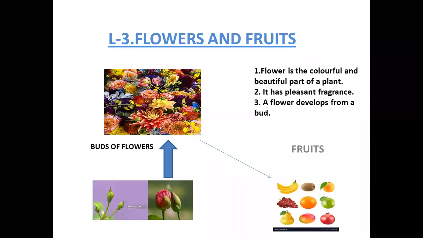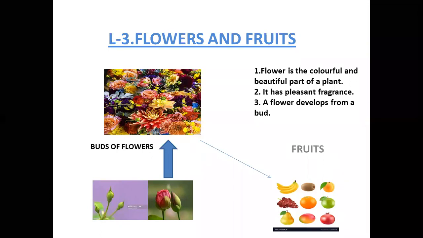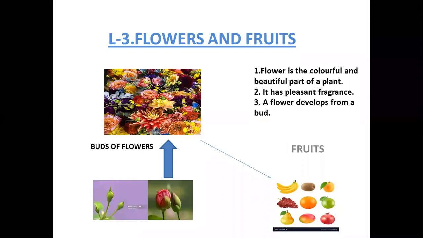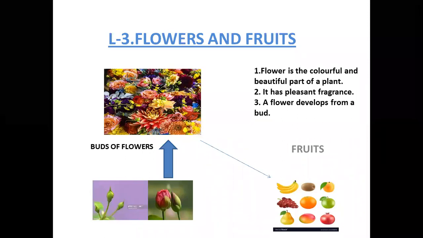In the previous lesson, that is plants, we have learned about various parts of the plant and their functions, the root, types of root, and special functions of roots. We have learned all these things in the previous lesson. You know the various parts of the plant. Those are root, stem, leaves, branches, flowers, and fruits, seeds.